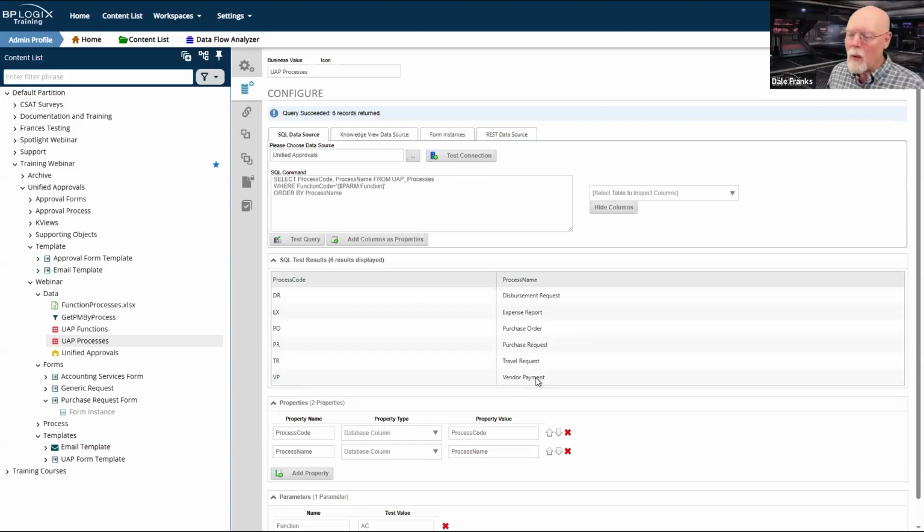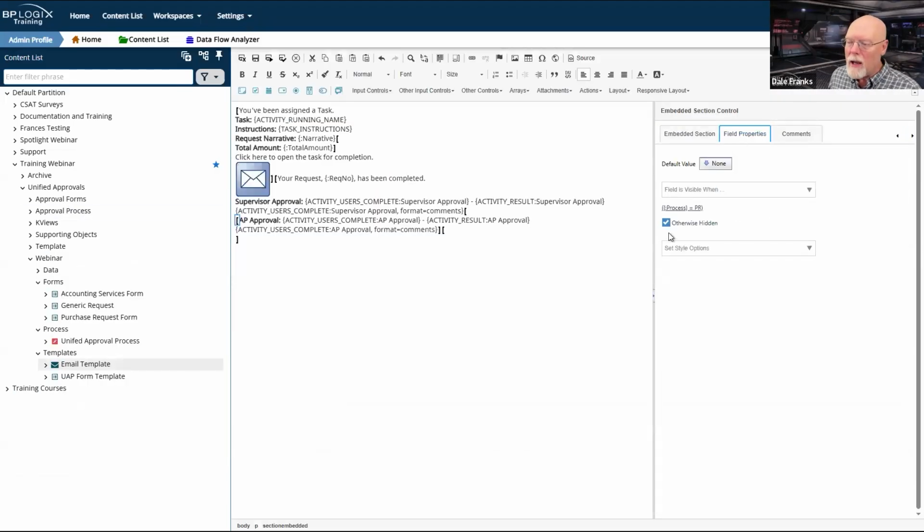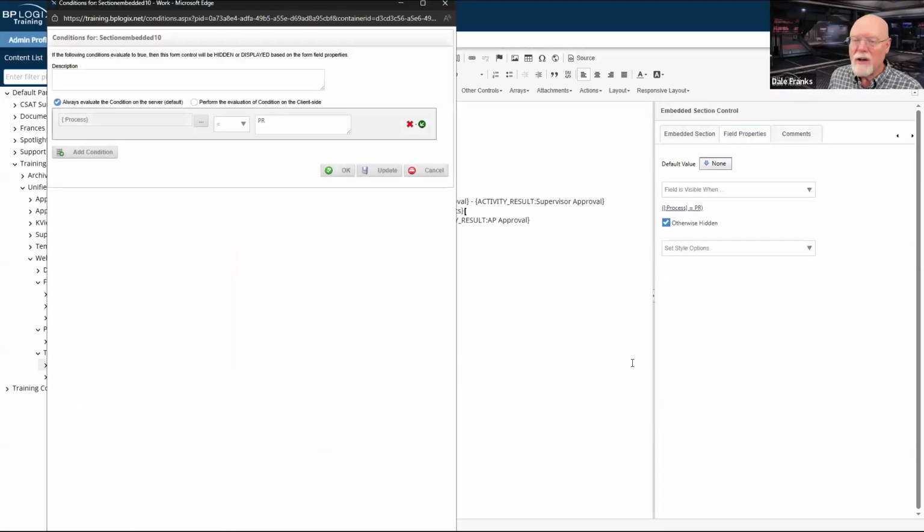So if we're looking at our AP, what I really need is a much more complex set of conditions. So I do need to have the DR, EX, PO, and TR processes accounted for in this condition set.